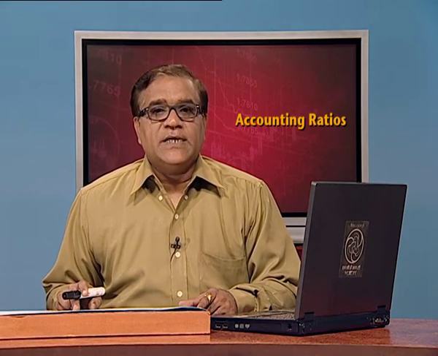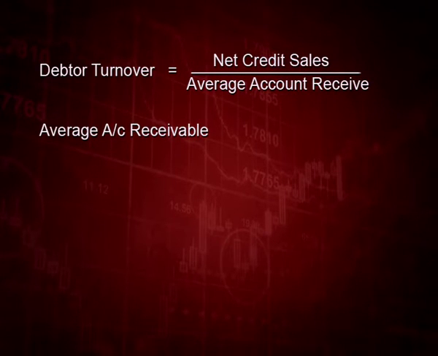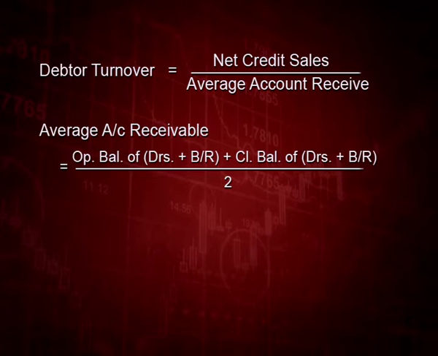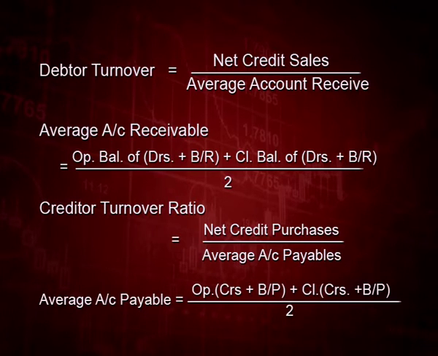Next ratio is debtor turnover ratio. It is equal to net credit sales upon average account receivable. Now, average account receivable means opening balance of both debtor and bill receivable plus closing balance of both debtor and bill receivable divided by 2, because average is calculated by dividing by 2. The next ratio is creditor turnover ratio. The formula is net credit purchase upon average account payables. Now, this average account payable is also opening creditors plus bill payable plus closing creditor plus bill payable divided by